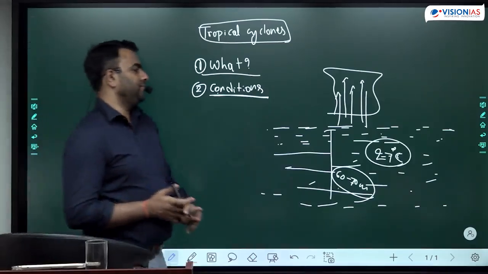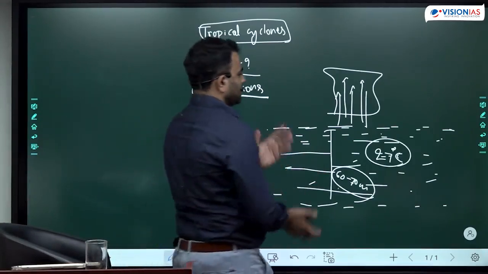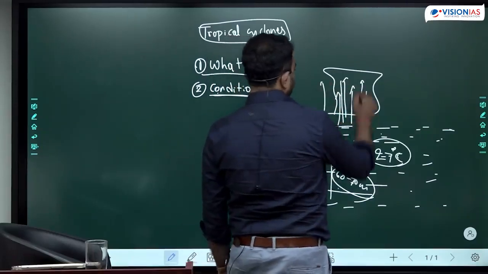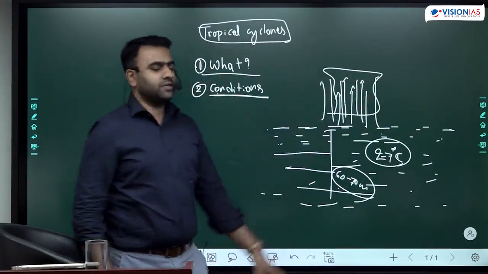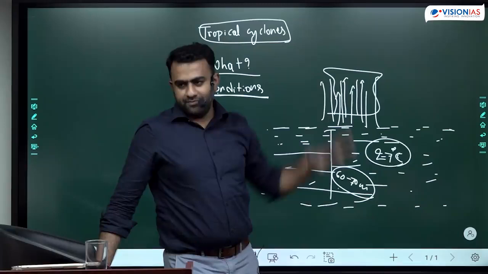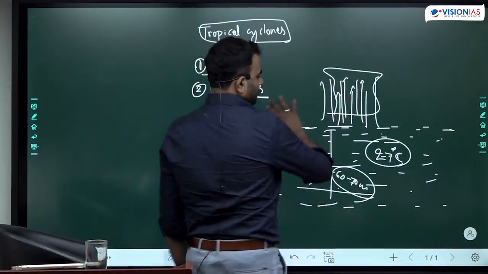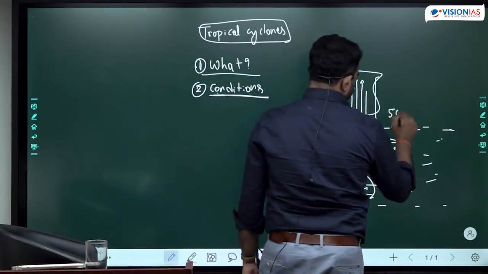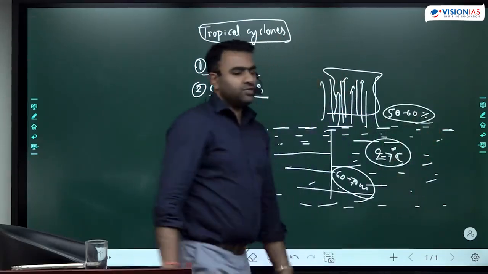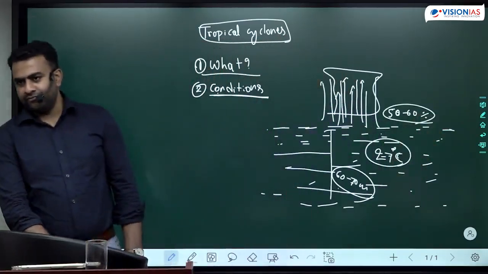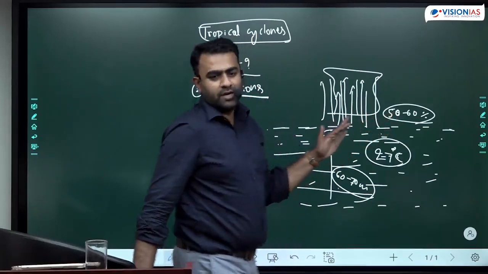Okay? The second condition is depth of warm water. Third, as the convection is happening, the air undergoes upliftment and then it cools down and then it condenses. For that, the air should be humid. The minimum humidity of the air near to the surface is 50 to 60%. If the air is too dry, it will not result in easy cooling down.